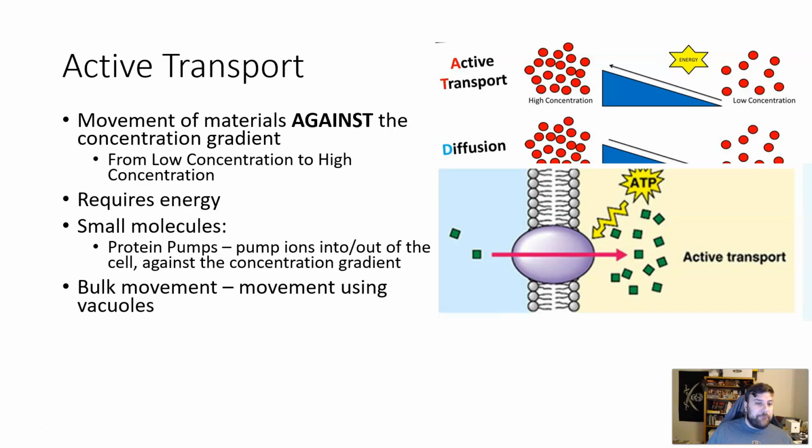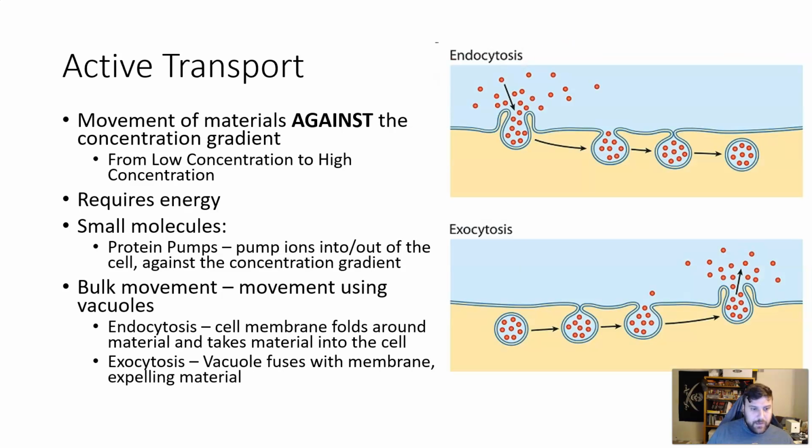The second type is for bulk movements, and this is movements using vacuoles. This can either be into or out of the cell. The first is endocytosis. Endo, meaning in, cytosis, referring to the cytoplasm of the cell. This is used to take in either extremely large or bulk materials. What happens is the cell membrane actually folds up around these to create a vacuole, pinches off, and it floats into the cell. This is a way of taking, like I said, a lot of material or very large things that can't get through